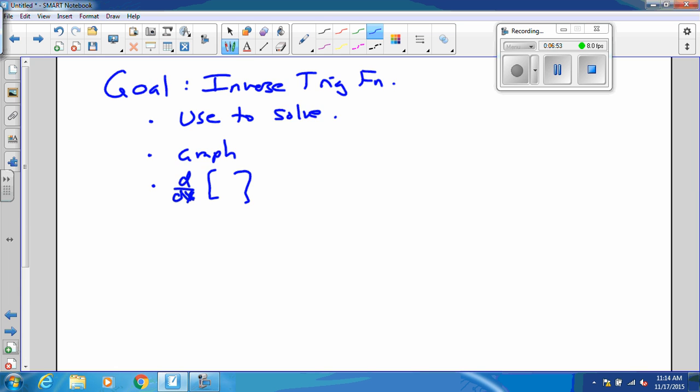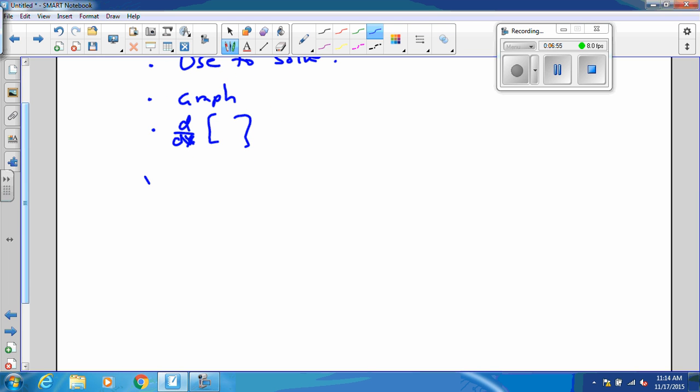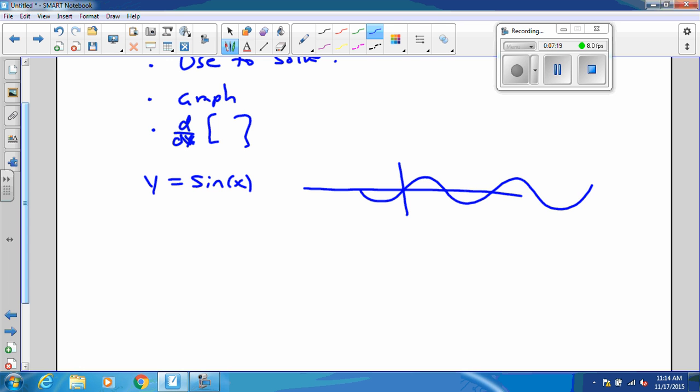What I would like to do is to have an inverse for this function. But immediately, I have a problem. What does the graph of y equals sine x look like? Right. Does this thing pass the horizontal line test? No. Does it have an inverse? No, it does not. So in order for me to get a function